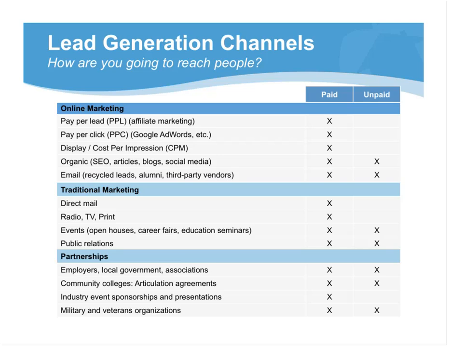Pay-per-click we think is extremely important because consumers spend most of their time searching and researching on search. Display is a great area for programmatic specific marketing and regional marketing. Organic is something we focus heavily on because, going back to pay-per-click, you have to complement your paid search efforts. Finally, emailing. We think there needs to be robust emailing efforts, both to internal lists like alumni and old leads, which we call recycled leads, and also to buying third-party lists.